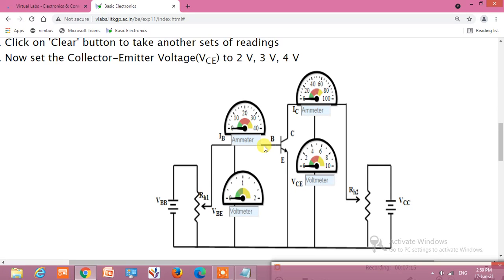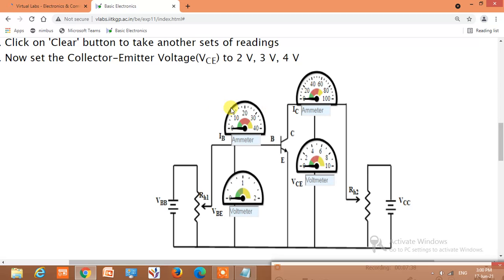As we have to forward bias the input, the knee voltage for the base to emitter junction is 0.7 volts for silicon. So after 0.7 volt, a large current will flow. We have to measure the base to emitter voltage using this voltmeter and the base current using this microammeter.